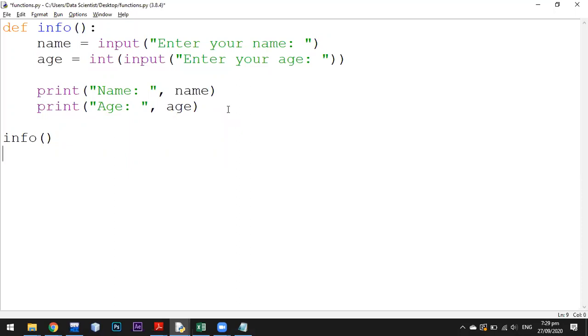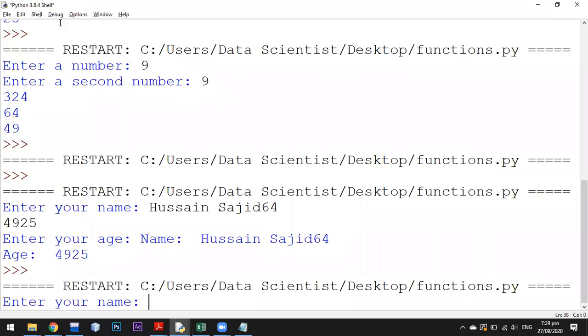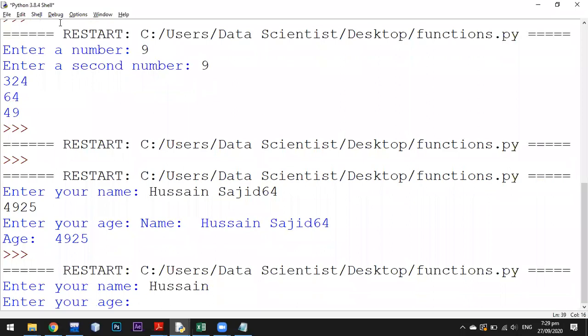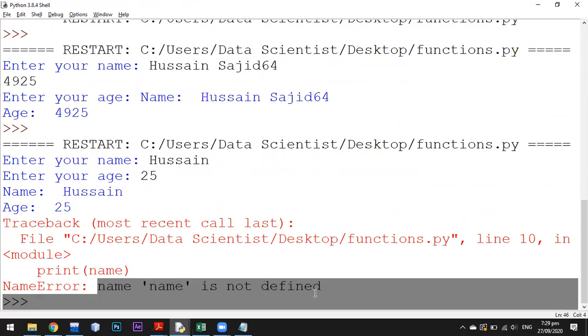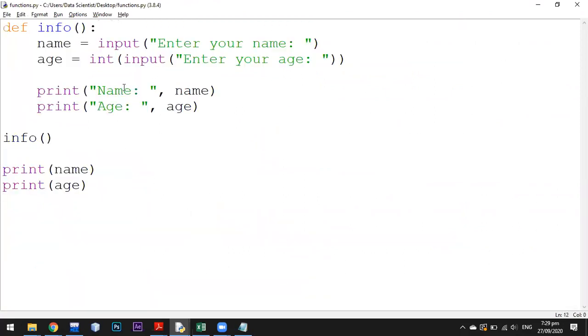Okay, now one thing again to learn, that I have taken input in this variable name. So it means that I should call it here, print it. We were doing that after taking input. So print name, print age, and it will show me an error maybe. Let's run that. Again, name. It is saying that name is not defined, but I have taken input.